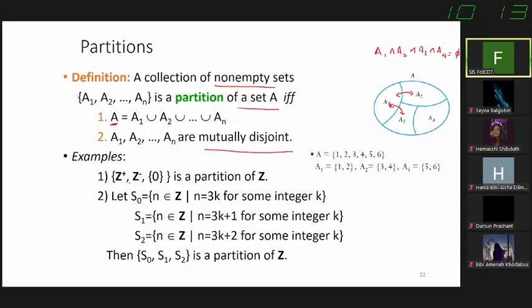For example, if you have a set of positive integers, a set of negative integers, and the set of 0, that is a partition of Z, the integers, but remember, they are not mutually disjoint. Okay, so some other examples here, you can try this out, try to understand this. So you have n equal to 3k, n equal to 3k plus 1, n equal to 3k plus 2. They all form part of the integers, right? So n are integers. They are all sets of integers, of the partition of integers, but they don't have any